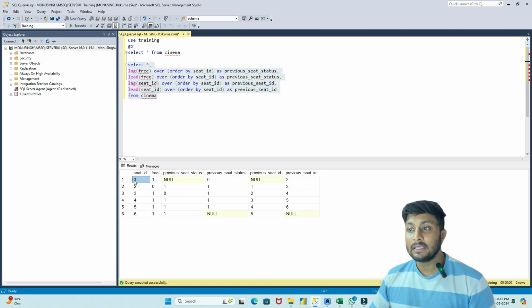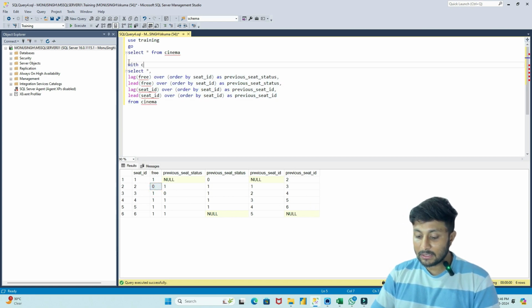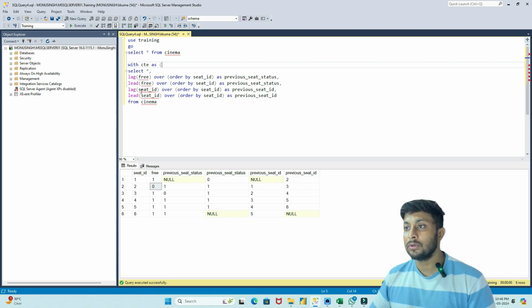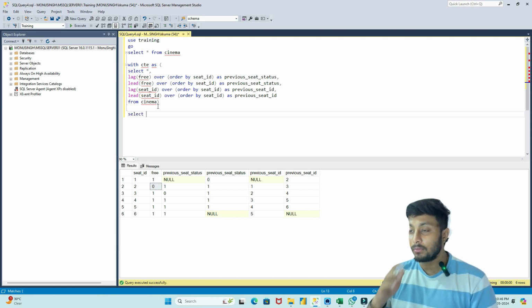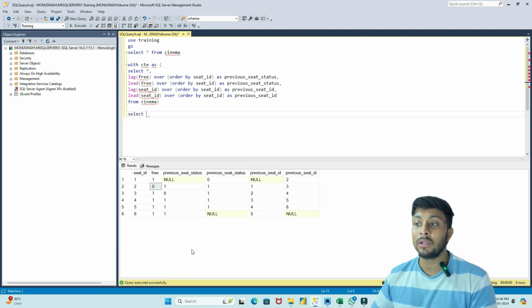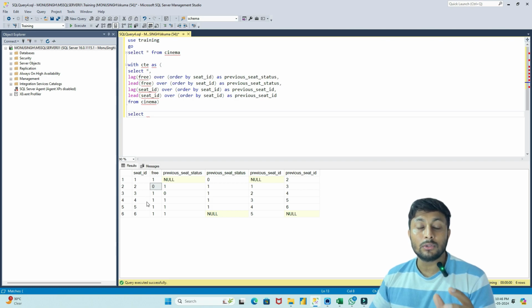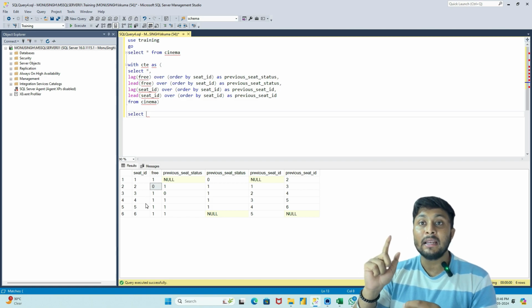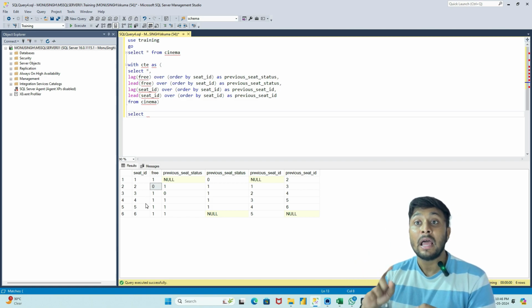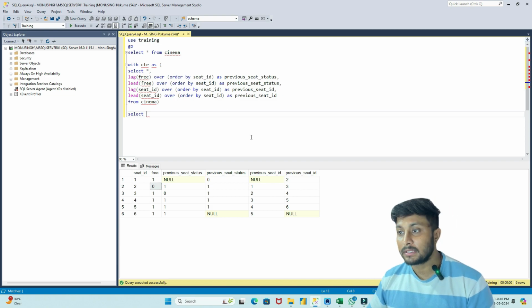मुझे क्या मिल रहा है, इस पर्टिकुलर सीट आईडी के लिए प्रीवियस सीट का स्टेटस क्या था, तो आई डोंट हैव एनीथिंग, इट विल गिव मी नल, एंड नेक्स्ट स्टेटस विल बी 0, सो आई हैव दिस वन। Now what I will do, I will keep this into the CTE table. ओके, सो मैं इसको CTE टेबल के अंदर रखता हूँ, एंड आई एम सेलेक्टिंग दोज आईडीज जिसका पिछला सीट स्टेटस एंड आगे का सीट स्टेटस 1 हो, along with उसका सीट स्टेटस बेसिकली फ्री होना चाहिए।